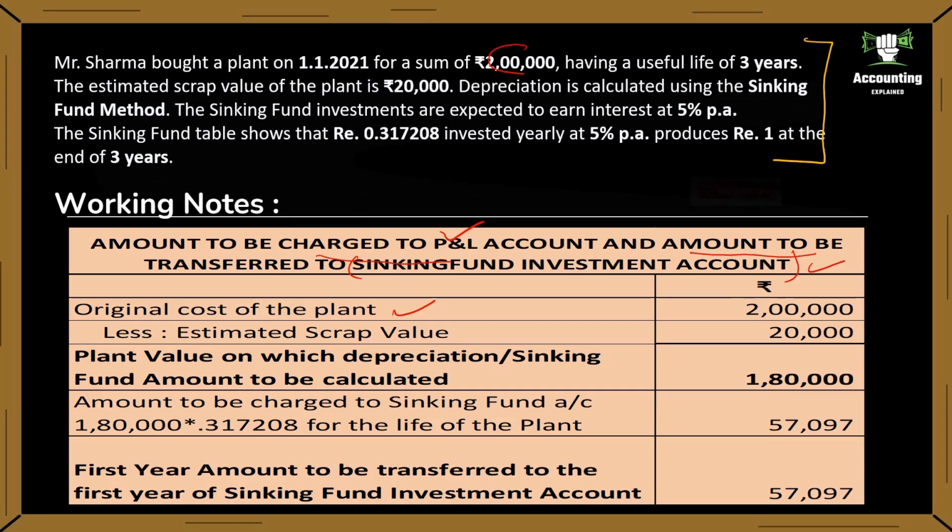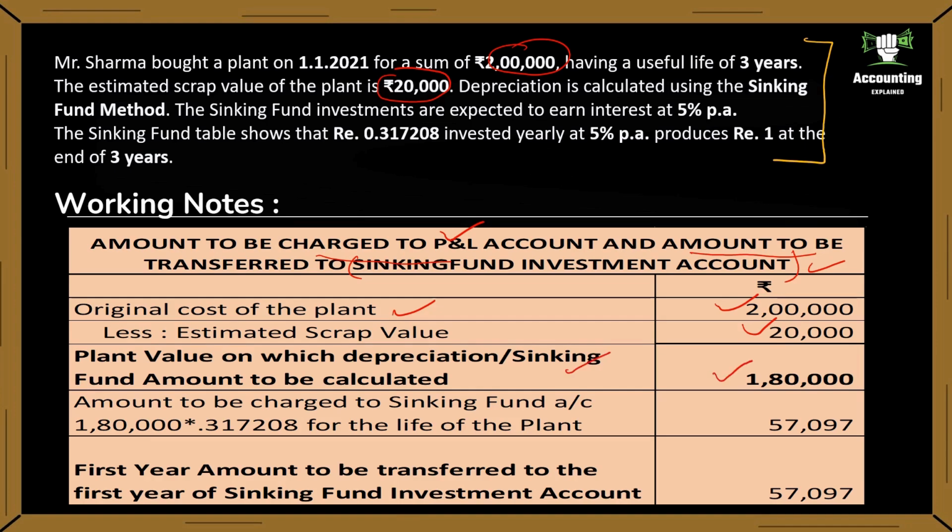It is given as rupees 2 lakhs. And the estimated scrap value should be deducted. While calculating the value of the asset to be taken for finding the depreciation, we have to deduct the estimated scrap value. So here the estimated scrap value given is 20,000, that has to be deducted. So the plant value on which depreciation or sinking fund amount is to be calculated is